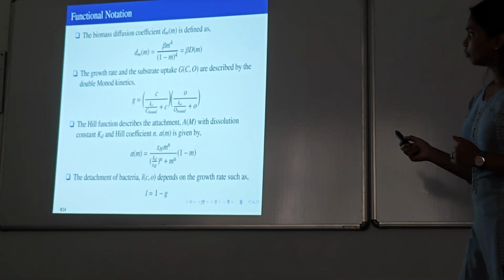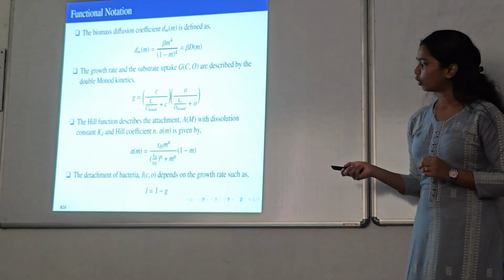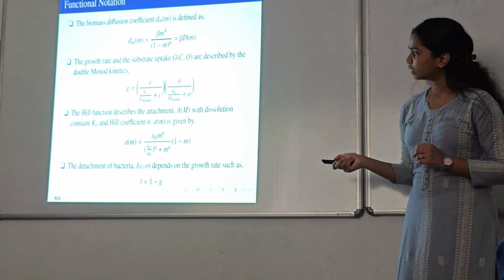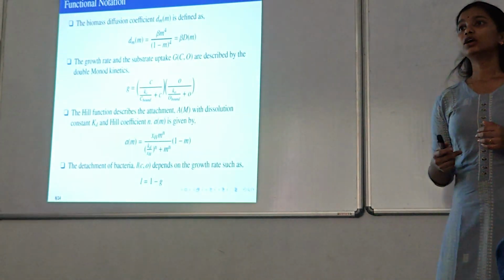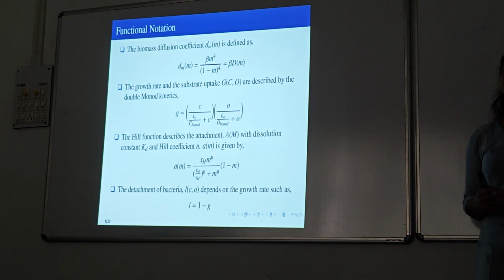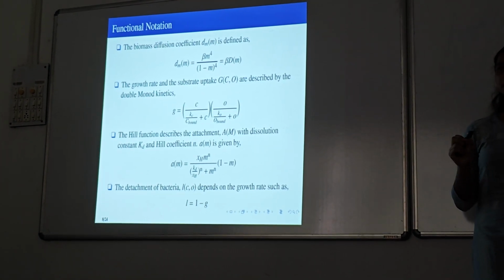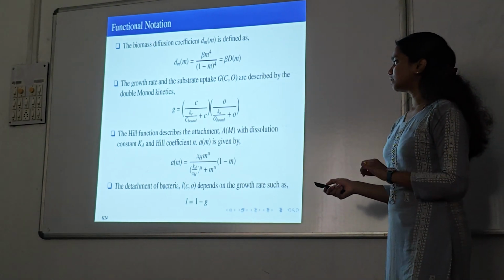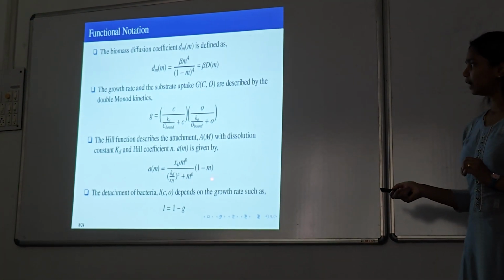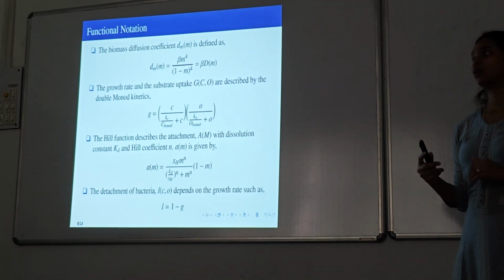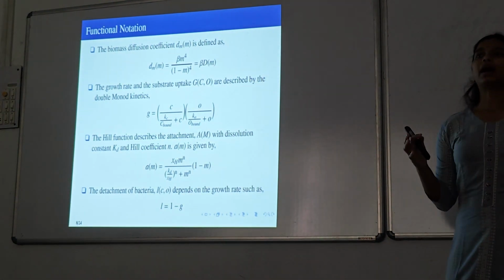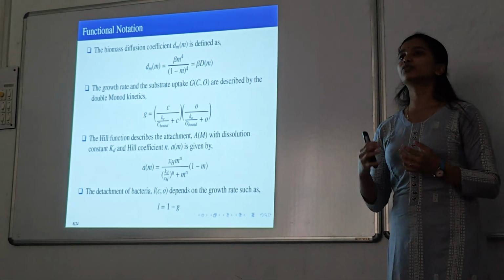For the attachment function, we have used the multiplication of the Hill function and a restricting term. The Hill function says that the attachment process starts with a small amount of biomass, since we assumed we are initiating the biofilm formation process with a very small amount of biomass, and with the maximum density, the maximum attachment rate could happen, that is XH. And the attachment process stops when the biomass density reaches its maximum, so that the biomass doesn't grow outwardly, because we don't want that situation.